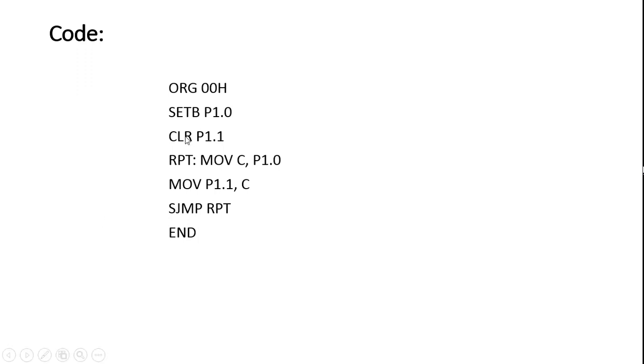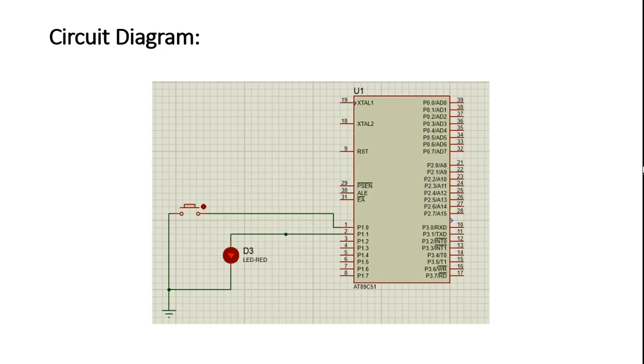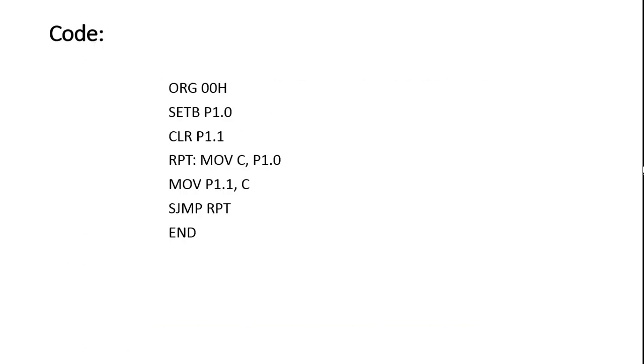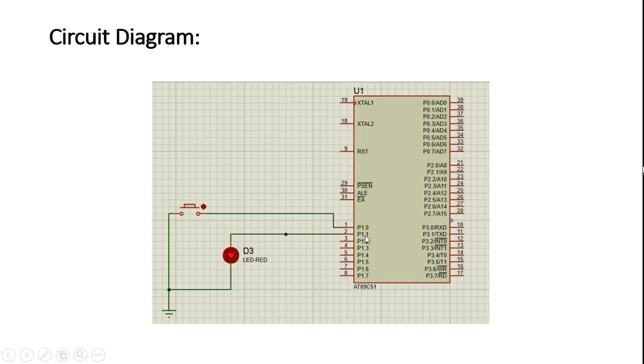So in the second line, CLR P1.1, we configured the second pin of port 1 as our output pin. ठीक है। अच्छा, अब हमने क्या करना है, हमारा जो कोड है वो इस तरह से है कि it will monitor the values at port 1.0. If the switch is closed, ठीक है, if the push button is pushed it will be 0, and if it is not it will be 1. ठीक है, so it will be monitoring the data present at port 1.0 and sending that data to port 1.1 at the output. ठीक है, if it receives 0 it sends 0, LED turns off.